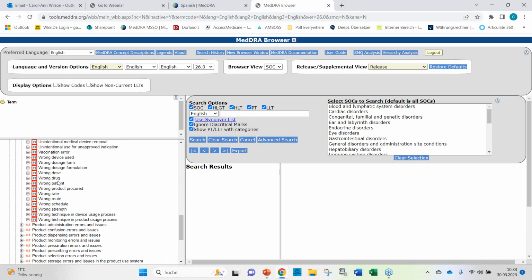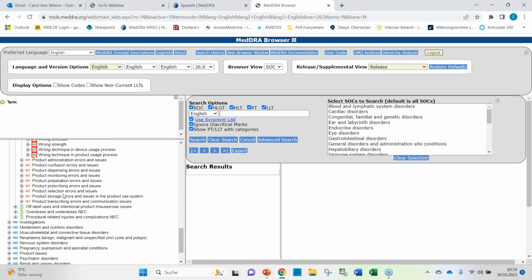Then you have HLTs that represent the stages of the medication process: product administration errors and issues, confusion errors and issues, dispensing, monitoring, preparation, prescribing, selection, storage, transcribing.